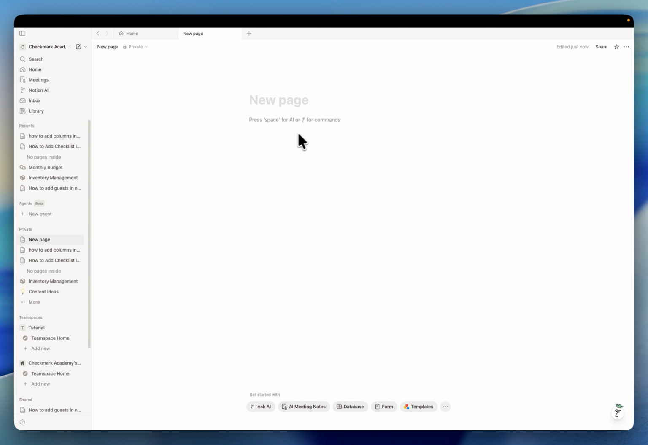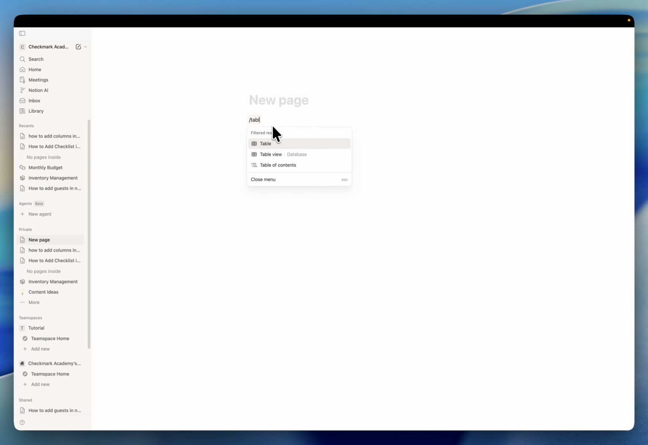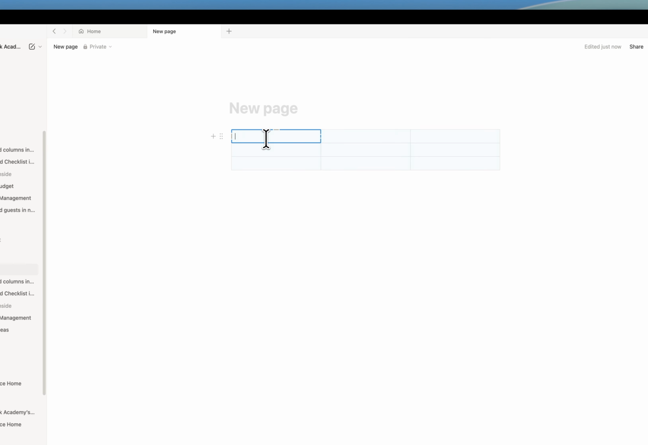In this video, I'm going to show you how you can add rows or columns in your table. So the first thing is you want to make sure you have a table. So I'm going to type /table. And now if you have a table like this, 3 times 3,